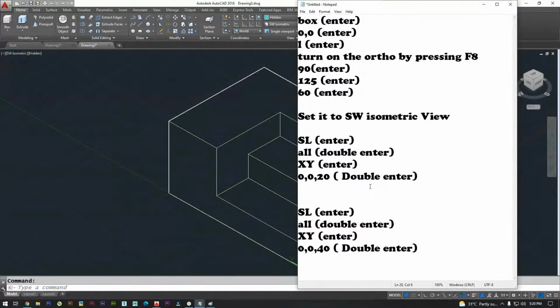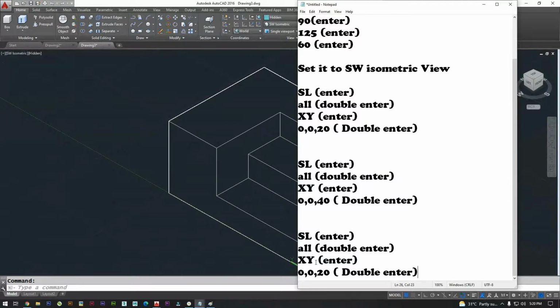After this, next SL enter, all double enter. I'll give ZX 0, 80, 0.